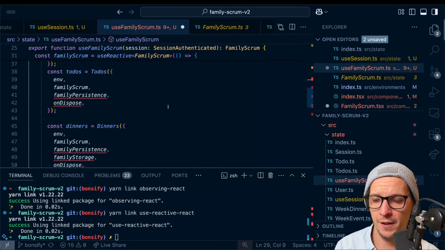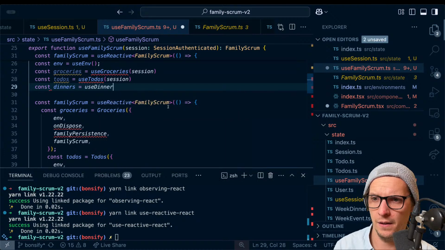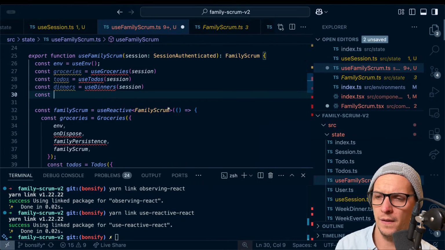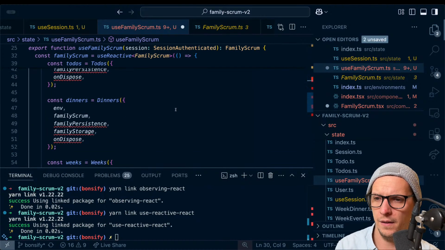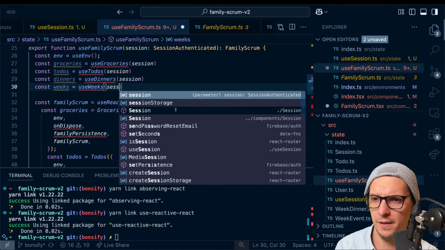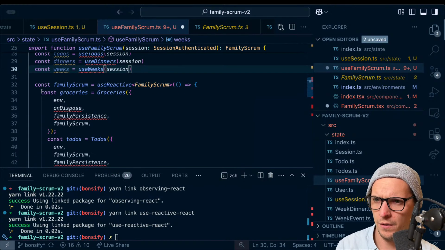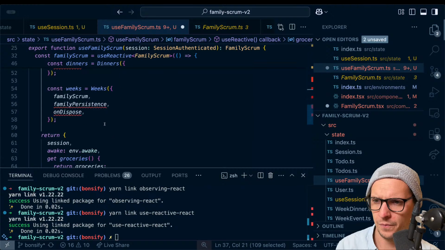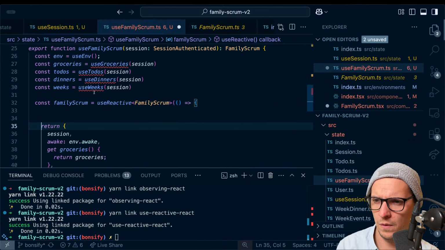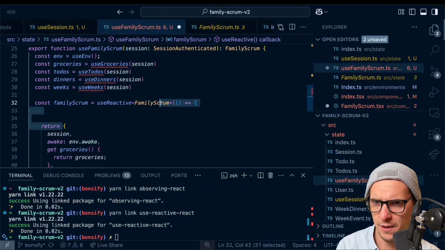And I would probably have done this, I think, to begin with. So we're going to pass in session and then dinners. And then we have weeks, use weeks, pass in the session. And then we're not going to do any of this. We're not even going to do this. We're just going to